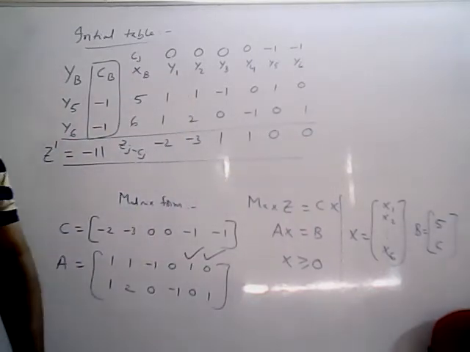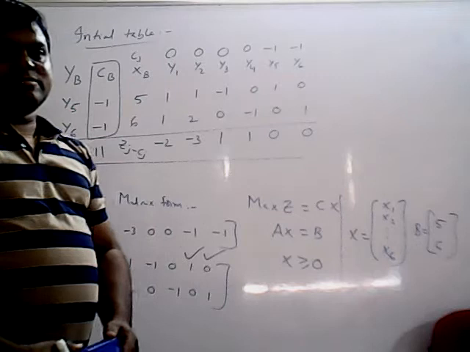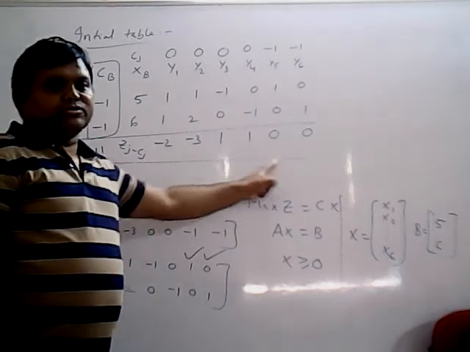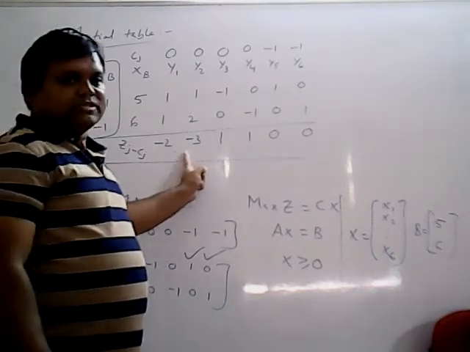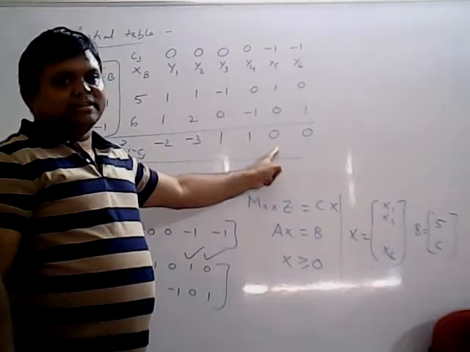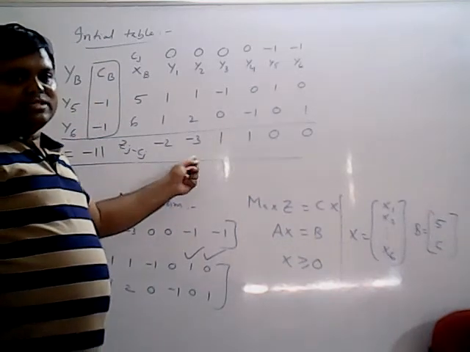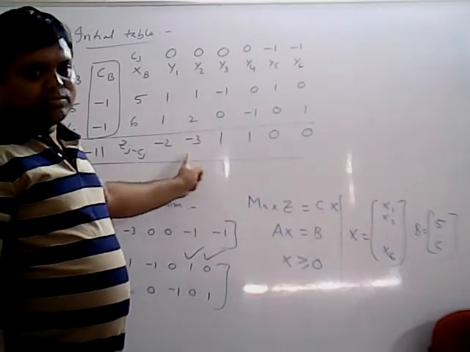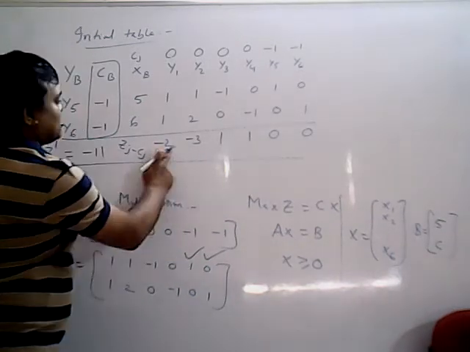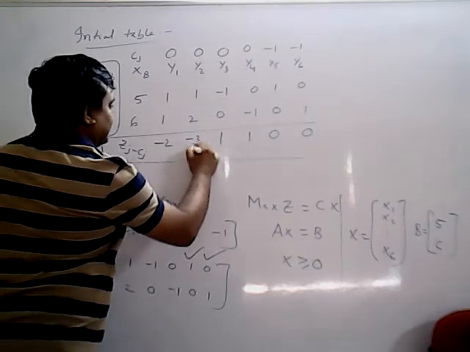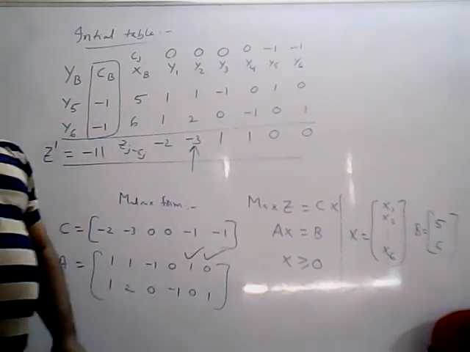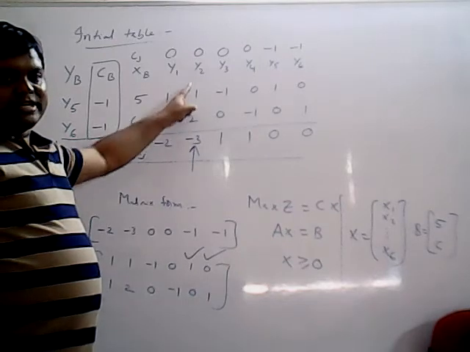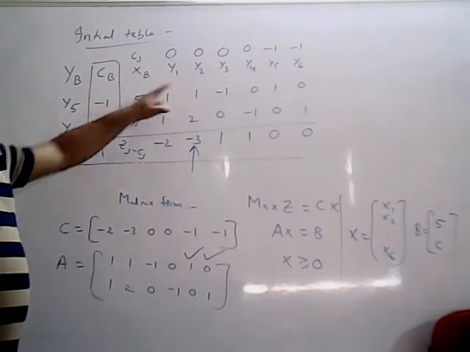Remaining concept is as it is, like big M method and ordinary simplex method you have done. If you get all of them positive, solution is completed. All positive means greater than or equal to 0. Solution is completed. Otherwise, if you get one negative, directly that enters. If you get more than one negative, then choose the most negative. What is the most negative here? How many negatives you got? 2 negatives you got. What is the most negative? So that means this variable wants to enter here. So y2 wants to enter here.